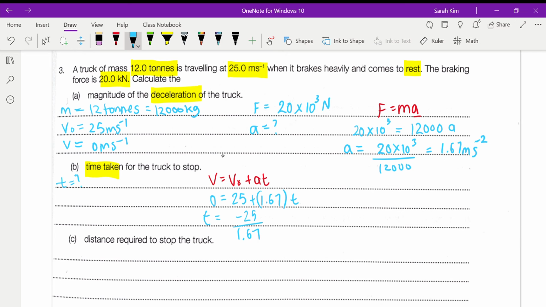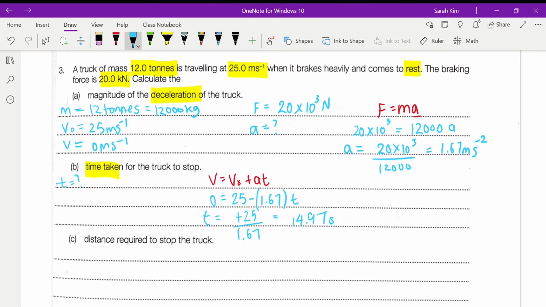Oh, what am I missing? I'm missing a negative here, because technically it was a deceleration, so I need that negative. So that turned into a positive, so 25 divided by 1.67 is going to be